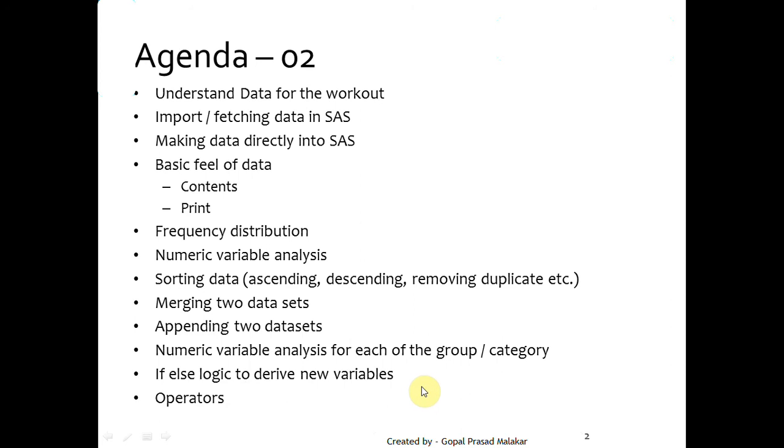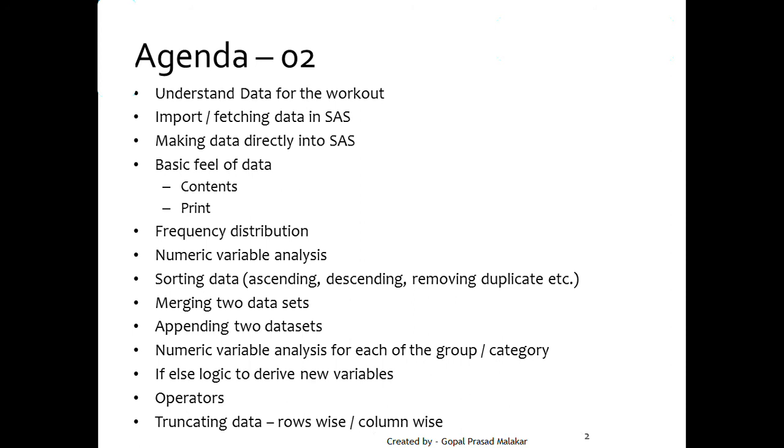And then what are the operators? What are the logical operators, comparison operators, all those things? Then how do you truncate data? So essentially, how do you filter data row wise? Meaning, you are selecting only a few rows which are meeting criteria. Or how do you delete a few rows which are meeting your criteria?